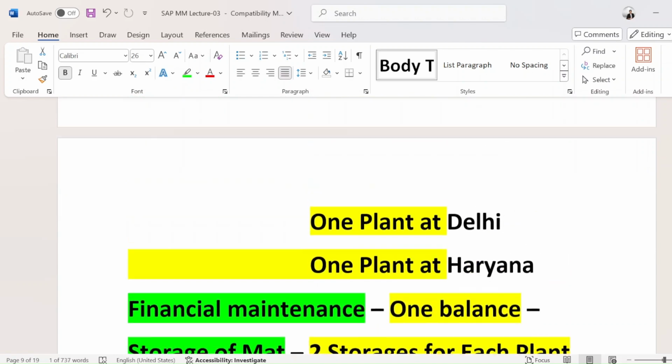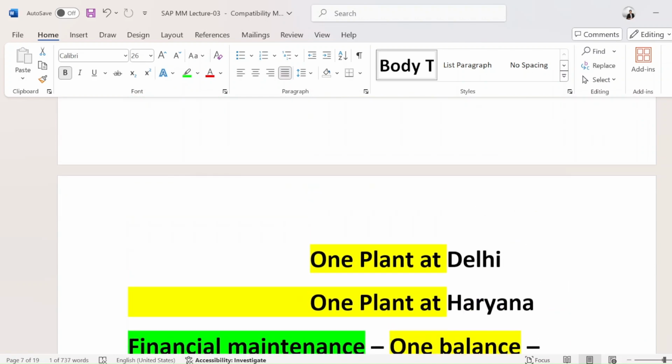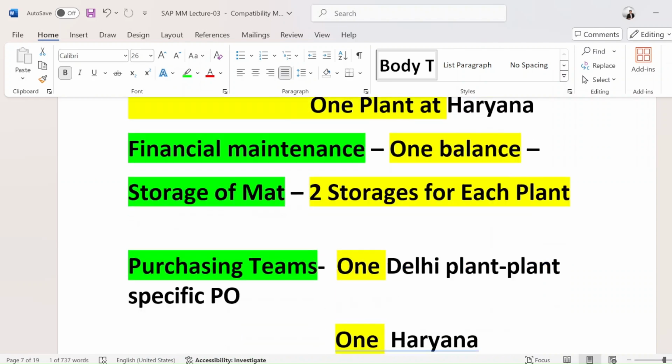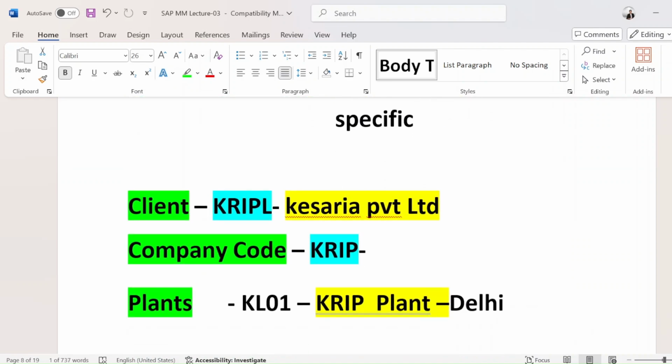So first you need to gather the details like that, one in this province, one in this state. After that, you need to map as per the SAP. So you just map like that.